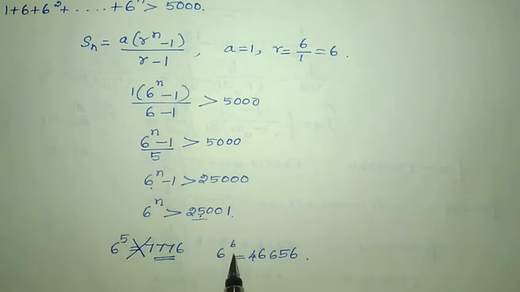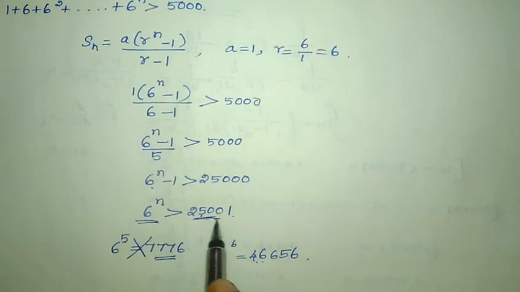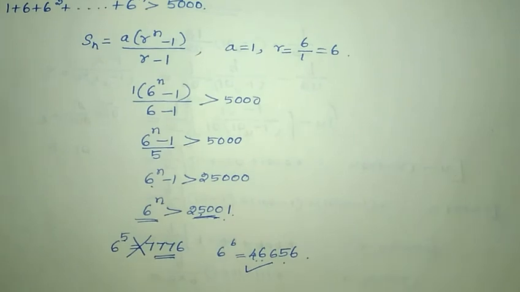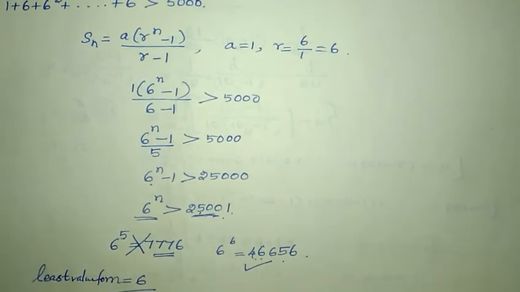See the next value. Next value is 6 power 6. So if the value of n is 6, here you will get 46,656. That is more than 25,000. So this is possible. So here the least positive value for n is 6. The least value. Least value for n is equal to 6. So this is the